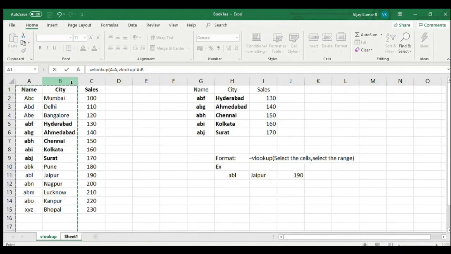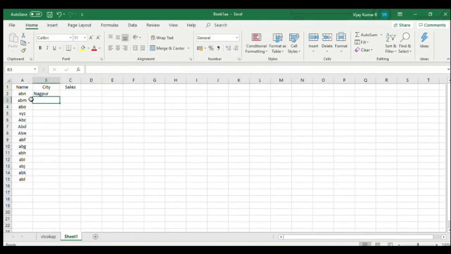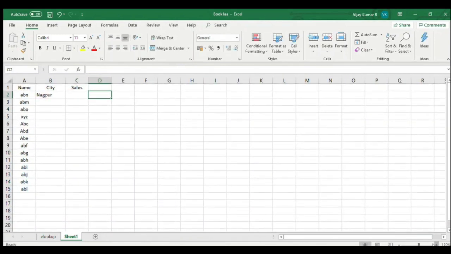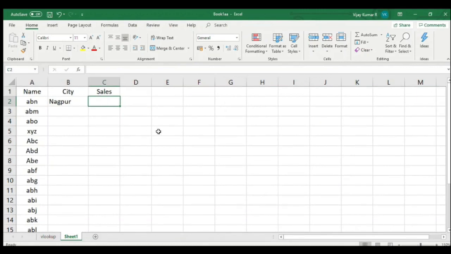So similarly I will use the same formula. It's similar to what we did earlier. I have put is equal to VLOOKUP. I've opened the bracket, I've selected the employee name, and then I've gone to sheet 1 and I've selected the first two columns, and I've put a comma and 2, closed the bracket, and that will give you the search result in a different sheet.